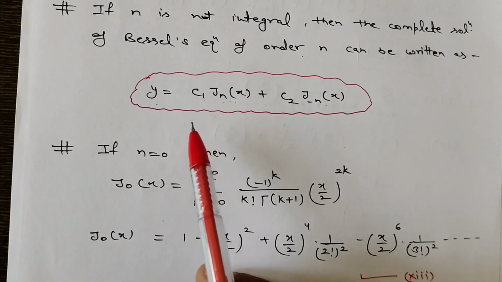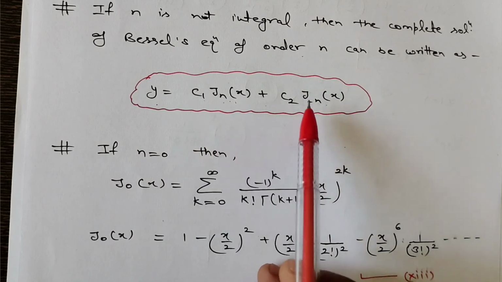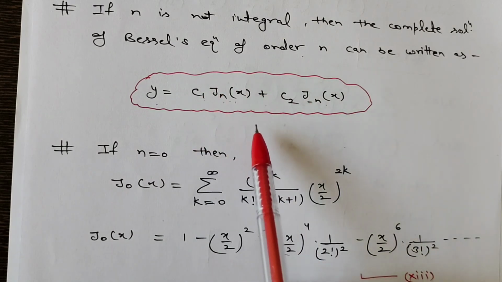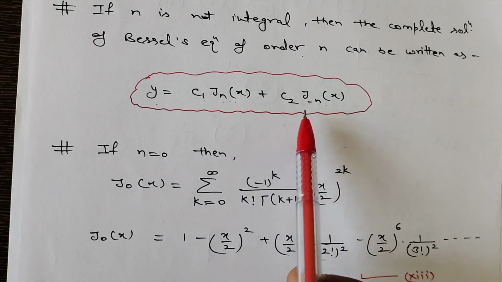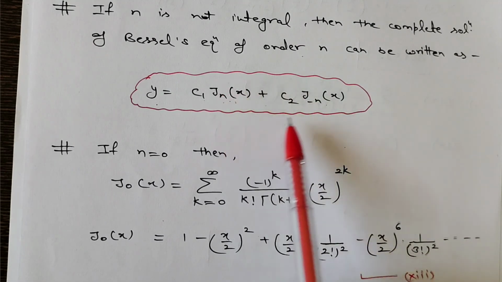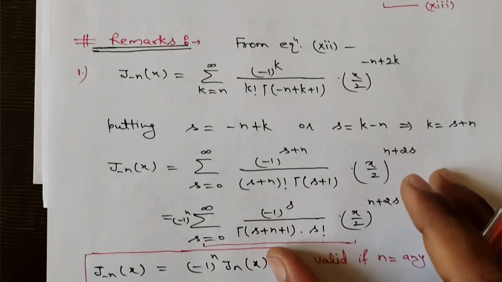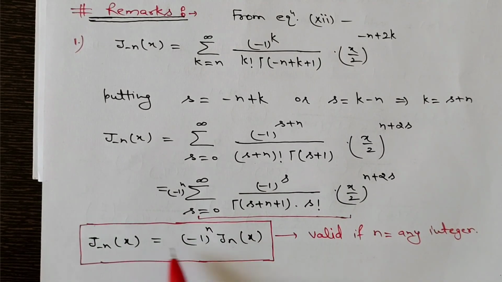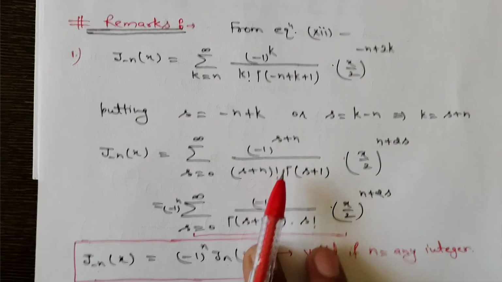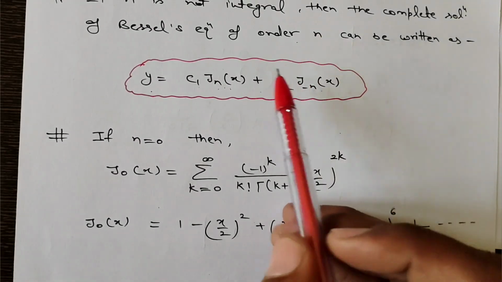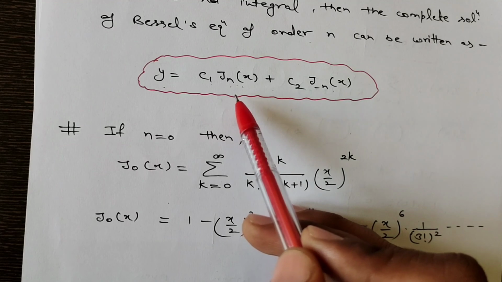And now in the next video we will discuss the complete solution of Bessel differential equation corresponding to the case when n has an integer value. In that case this will not be the complete solution, this will give only one linearly independent solution, because we know that both J minus n x and J n x can be related by this expression. So that's why we can say this J n x and J minus n x are actually linearly dependent solutions, and this equality is valid only for the case when n is an integer. So we cannot say that this result will give you the complete solution in case of n having an integer value.